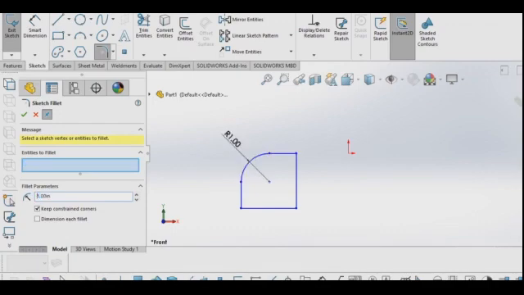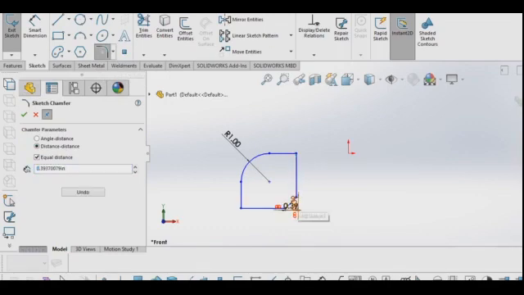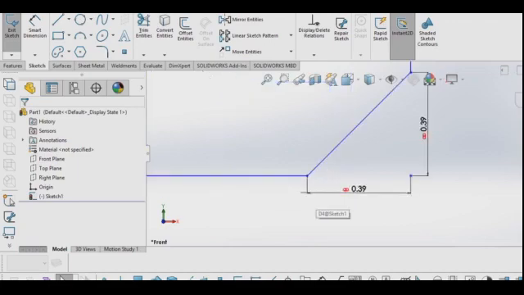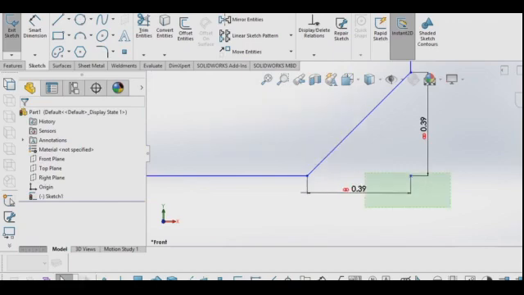If I give 1 inch, it will be a 1 inch round corner. You can call this also a corner. In some other software, like CATIA and different software, they may call it corner. Next we will go for chamfer. In the chamfer we have angle and distance, two types. If you give the angle and one length, it will auto calculate the other length, or else you can give the two distances from the center point. Anything which is given in your drawing, you can go for that. I gave this as distance. Later you can modify the distance however much you want.